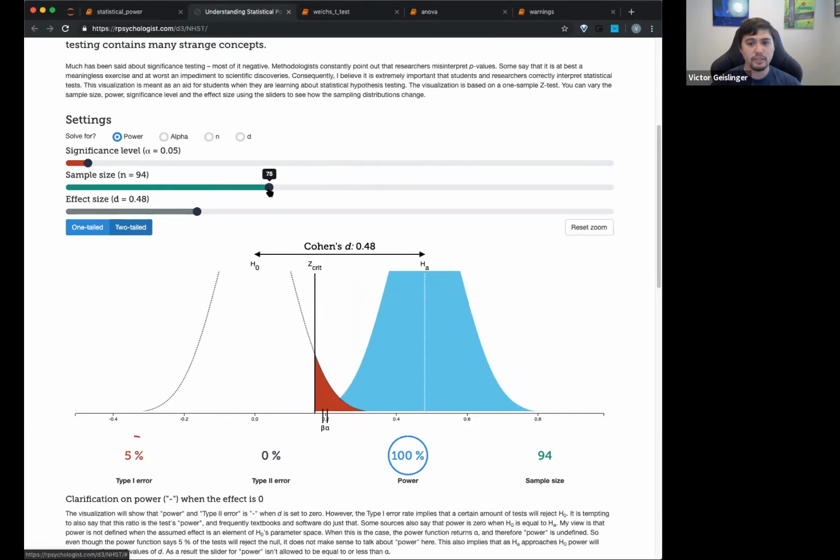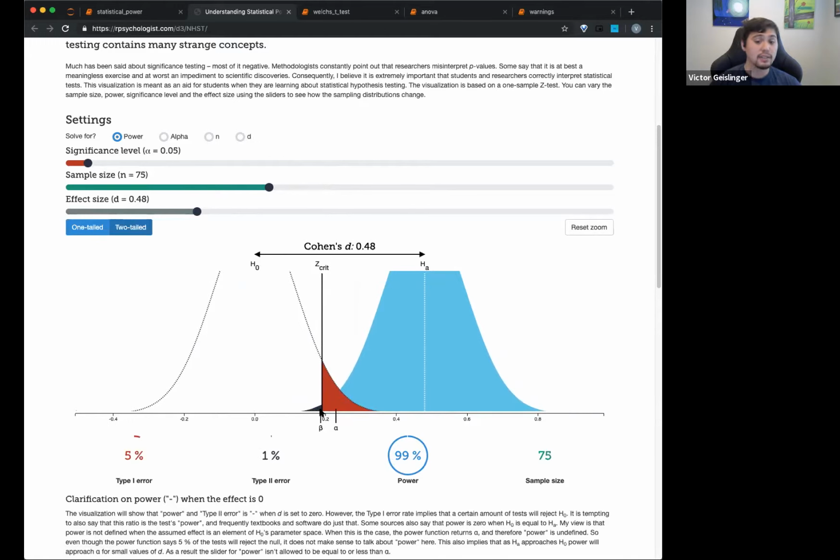So if we increase that, we actually see there's less of that crossover. In fact, I think I made it too big. You can see there's even less of that crossover on this side. So actually our type 2 error would go down. So our power increases, it's the inverse, right? So basically by making our sample size very, very large, we're less likely to create those type 2 errors,